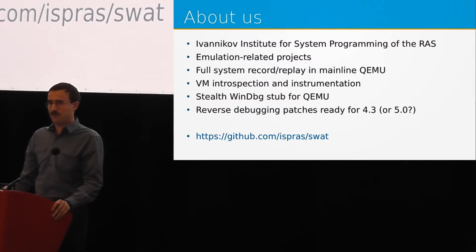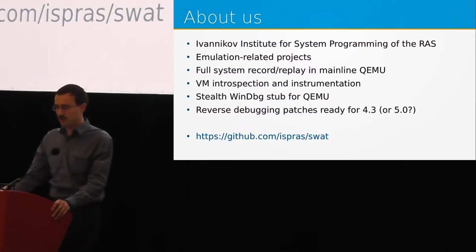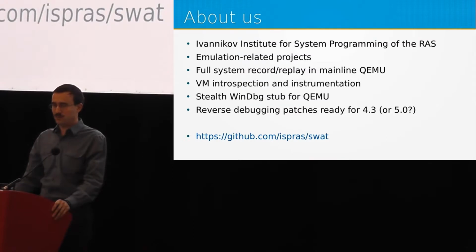We also have not upstreamed, but open source subprojects for instrumentation and WinDbg stub. In WinDbg, these subprojects are published on GitHub. WinDbg stealth debugging means that the debugger connects to the emulator without switching the system to the debug mode, so you can even replay its behavior and debug